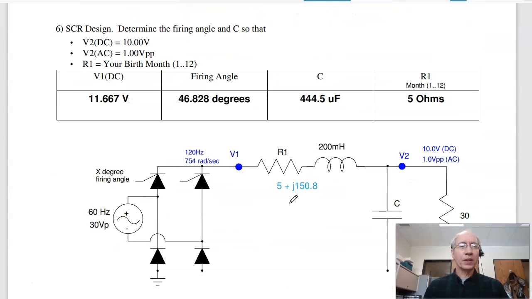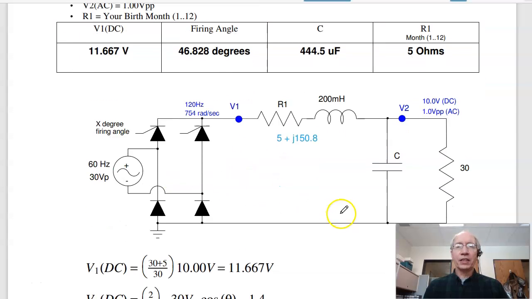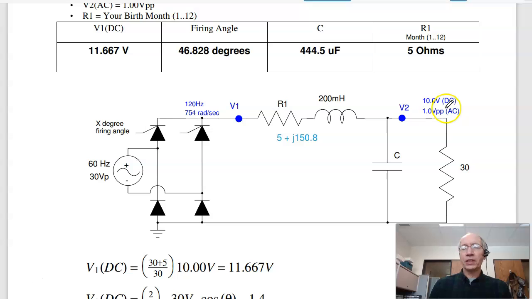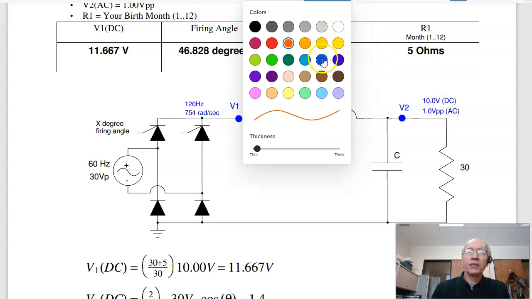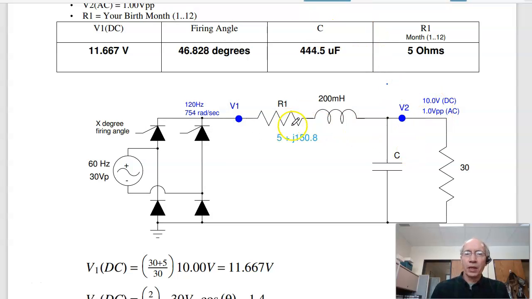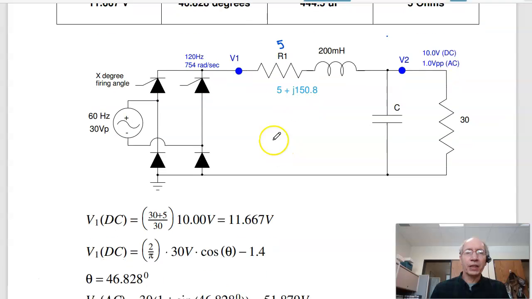The last problem is a design. Find the firing angle, find C, so that this is 10 volts DC, 1 volt peak to peak. Now to start out, if this is 10 volts DC, find the DC voltage at V1. This is 5 ohms. Again, depends upon your birth date. This has to be 10 times (30 plus 5) over 30. This has to be 11.67 volts